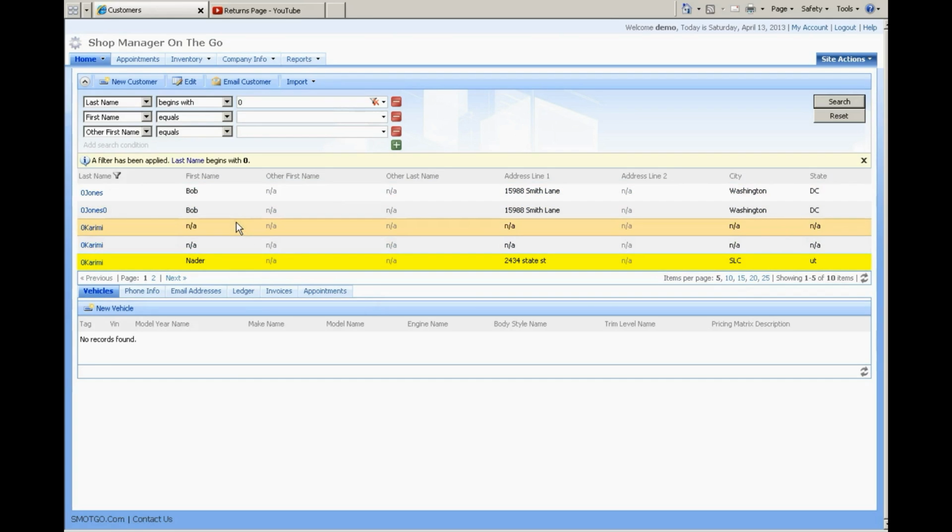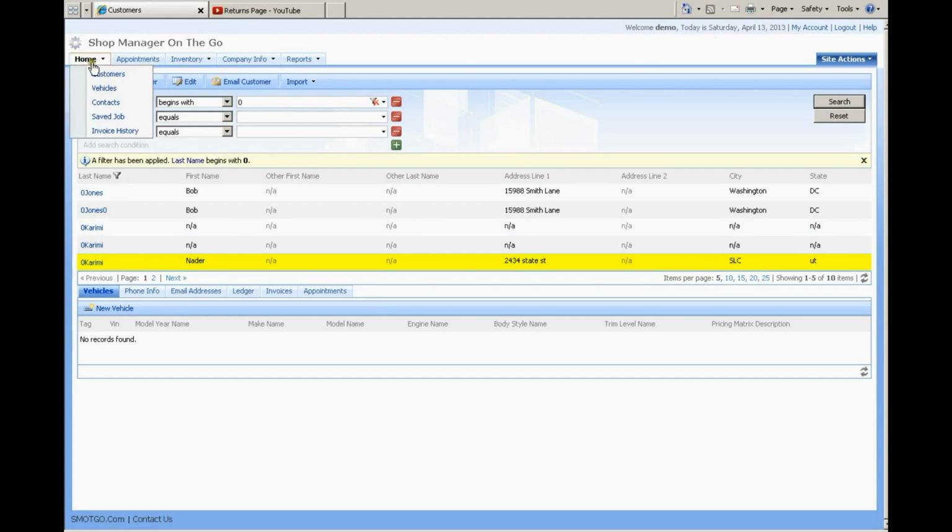Now let's move on to importing vehicles. Importing vehicles is a little bit more complicated and a little bit more time consuming. To import vehicles, we need